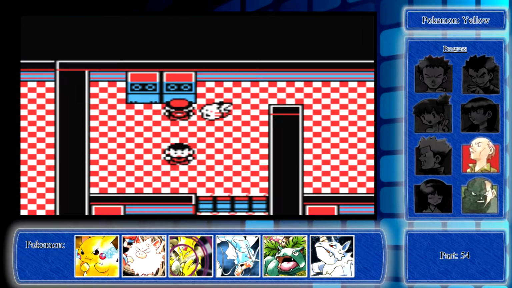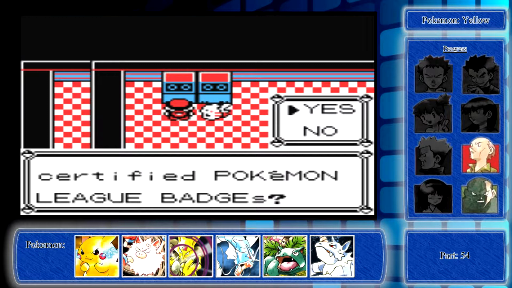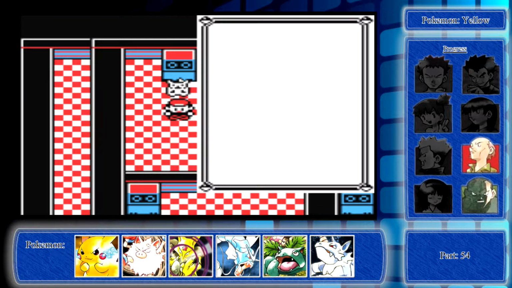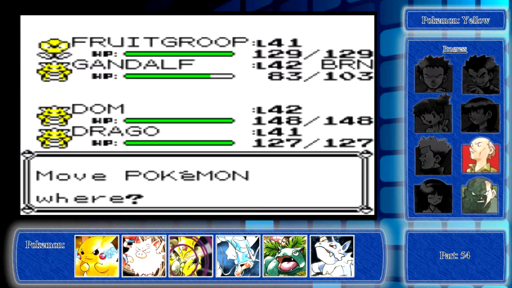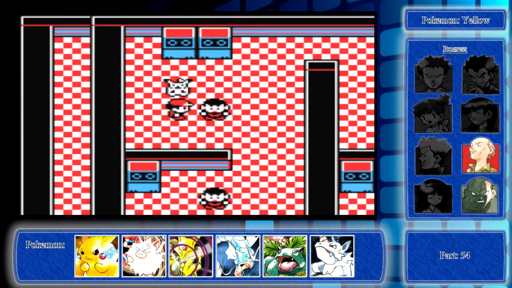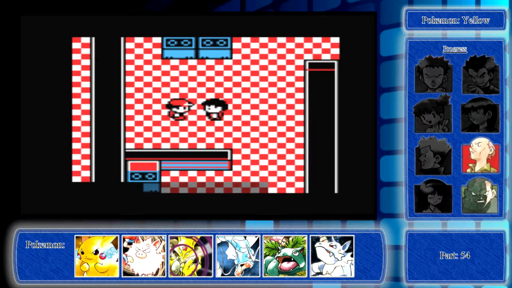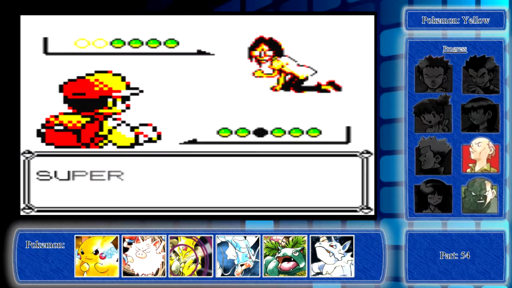So there we go. Pokemon quiz. Test your skill. There are 9 certified Pokemon League badges. Oh no, I'm still up with Sparky. Can I exit? Ah shit, you're absolutely correct. Go on through. I meant to hit back, but I didn't. I wonder if I can switch out and still fight him if I want to. You can't win. I have studied Pokemon totally. Oh, we can get it right and still fight the trainers. Oh, alright. Well, I'll still try to get them wrong, but...